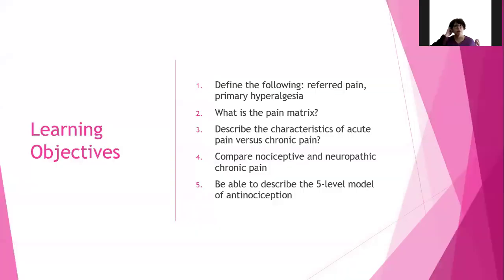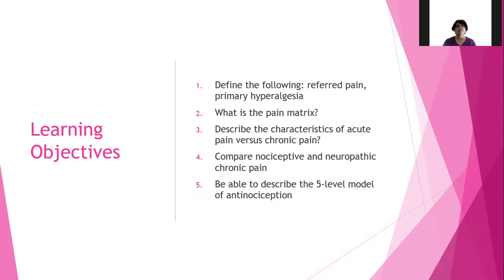In chapter 12, we're going to talk about pain as disease and the dysfunction of the nociceptive systems. But in this last section of chapter 11, we're going to talk about the function rather than the dysfunction. So we're going to talk about referred pain and primary hyperalgesia. In chapter 12, we'll talk about secondary hyperalgesia and a couple other different pain symptom terminology points.